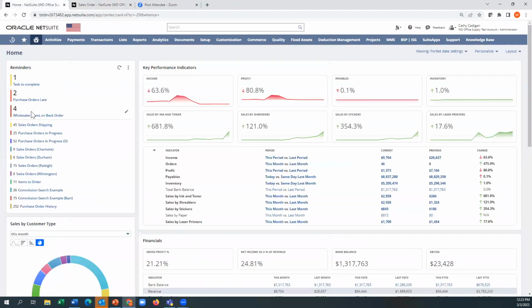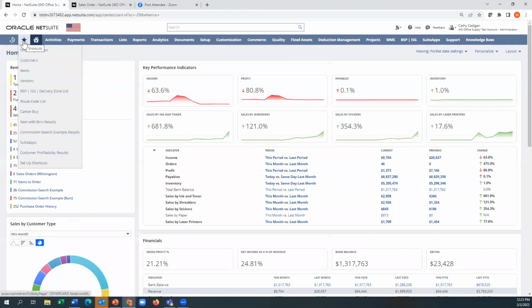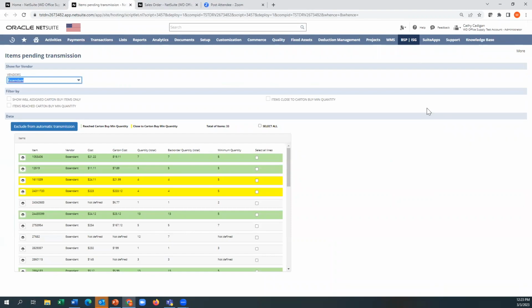Again, when we go to the home screen, right, you can see the count of 4 here. I have this thing that's sitting at my top. The other thing that you might do from here is you might look at your shortcuts, right? You might go to your sort by screen. All right, so think of this being all of your sales orders that have come in for the day, right, through Logic Block. They're waiting to be transmitted.